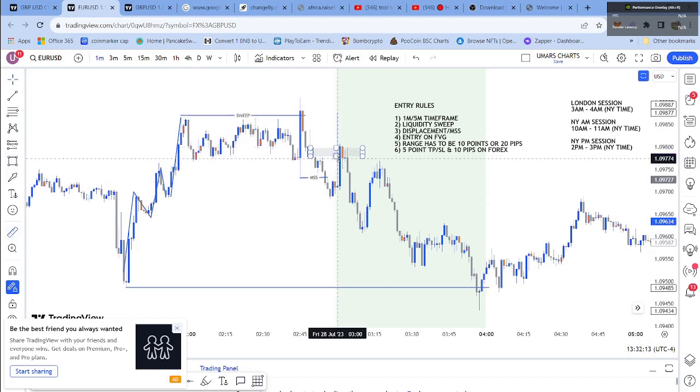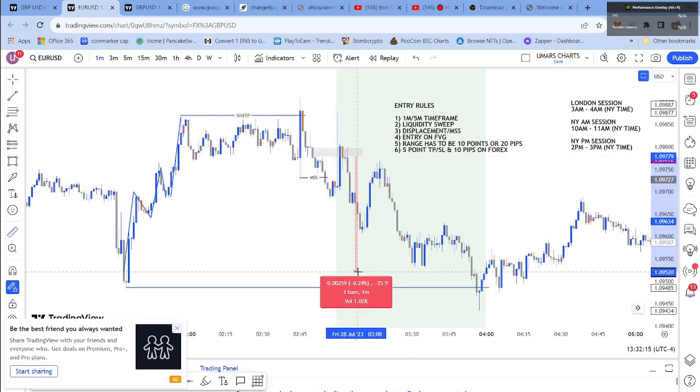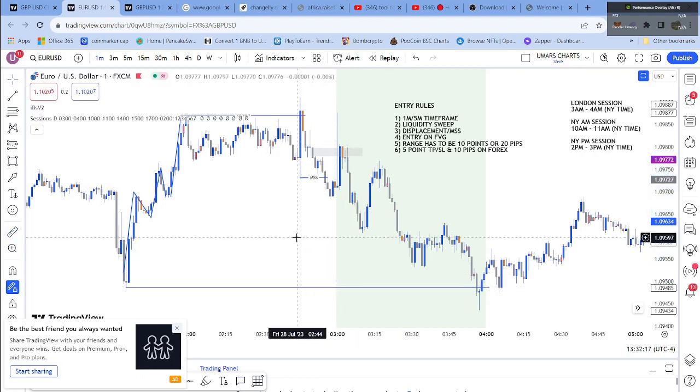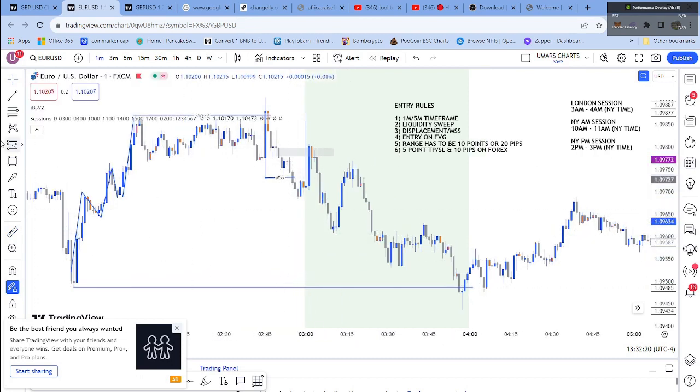So from here, we take our measuring tool and measure all the way down. As we can see, this is a 29 pip range. So now we know we can take this trade. So you would then enter,